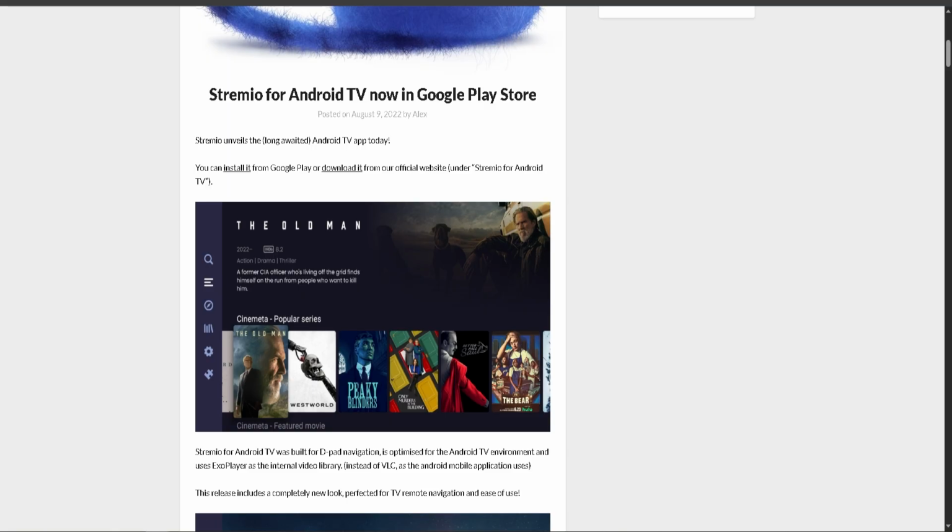Once installed, open the Stremio app from your app list or home screen. Log in or create an account. You'll need to log in with your existing Stremio account or create a new one. Follow the on-screen instructions. Optional step: if Stremio is not available on your Android TV, download the APK